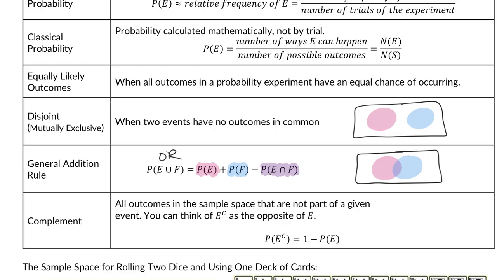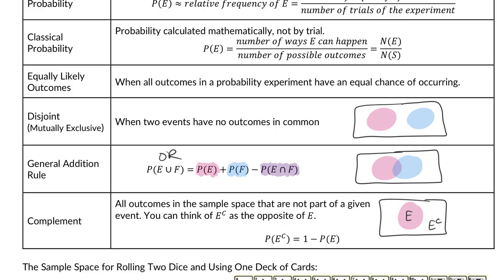You get this constant. Visually, in a Venn diagram, this is how you draw a complement. Here's my Venn diagram. Here's my event E. Everything outside of that pink circle is E complement. So if the entire universe, the entire sample space is 100%, and you just want the stuff outside of the Venn diagram, you take 100% and you subtract the pink circle, you would get all the leftovers. That's the idea of complements.